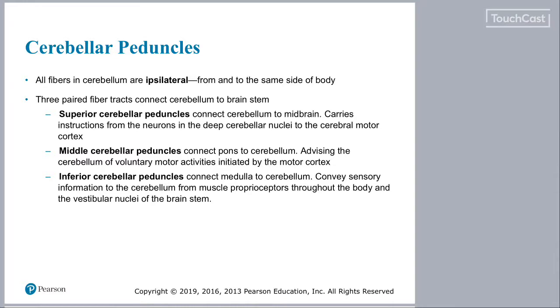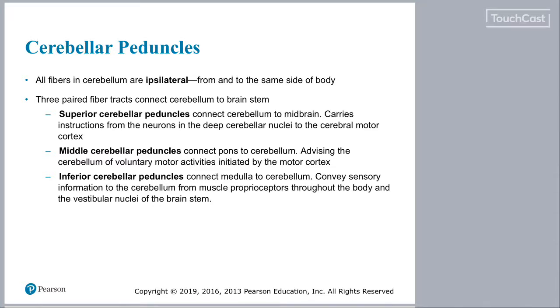So this is going to be telling the cerebellum the voluntary motor activities that are going to be initiated by that motor cortex in our cerebral hemispheres. And then finally, the inferior cerebellar peduncles are going to connect the medulla to the cerebellum. So this is going to give us sensory information from muscle proprioceptors throughout our body and the vestibular nuclei in